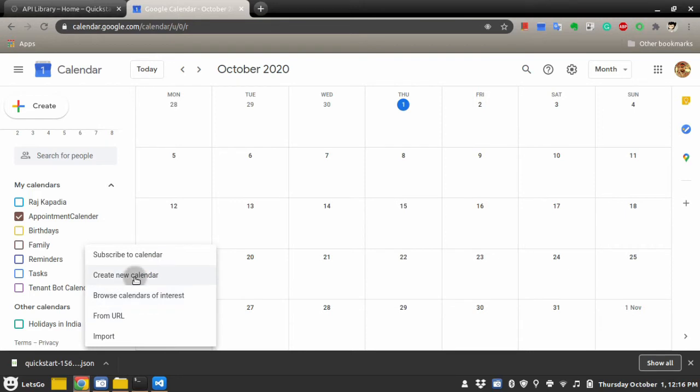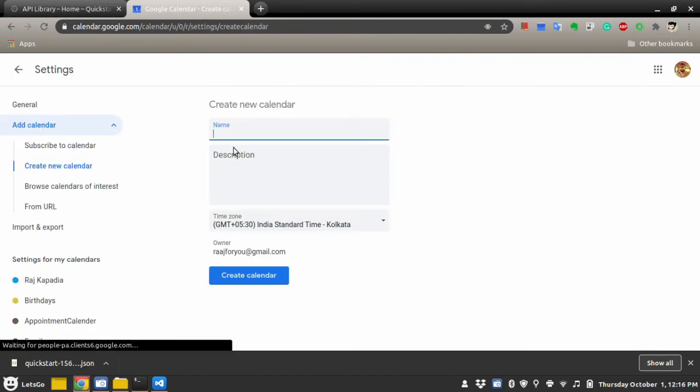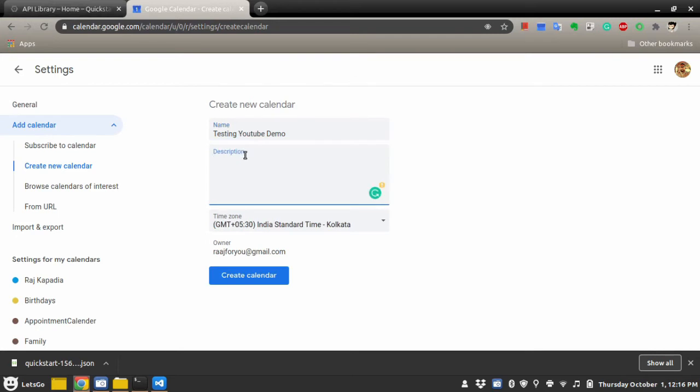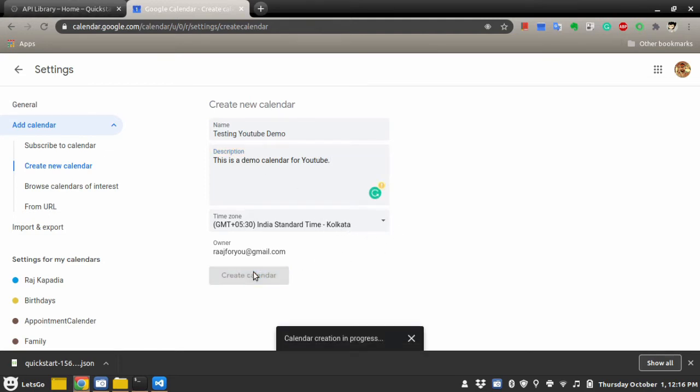It says create new calendar. Give an appropriate name. Select your time zone and hit create calendar.